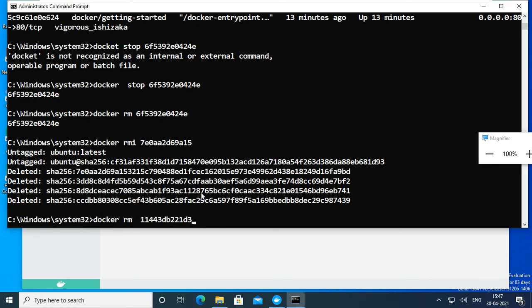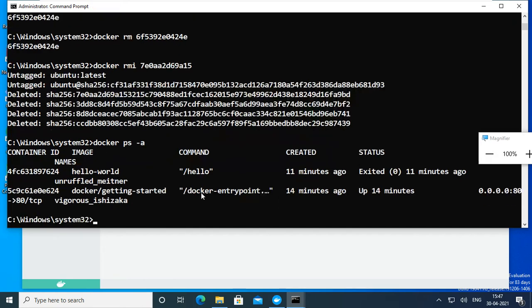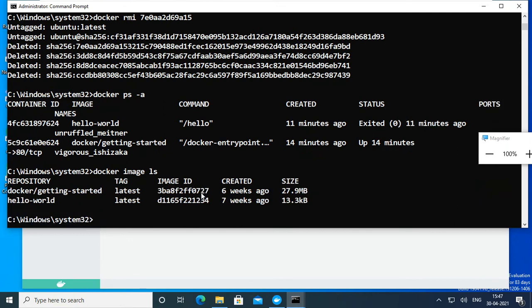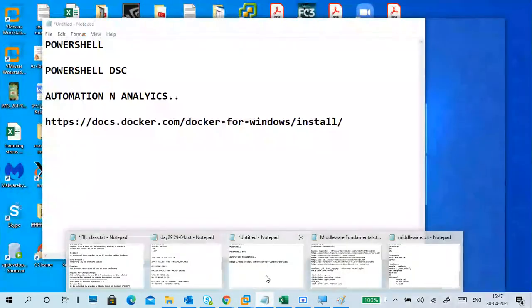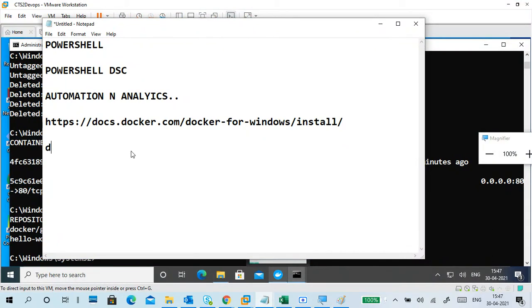You can go to docker ps space hyphen a. So you don't see the ubuntu image and containers. And docker image ls, then can you see ubuntu? So this is how to pull the image, how to create containers, how to run the containers, and how to view the containers. Okay, so this is about Docker. Of course, this is the first part of Docker anyway. I hope this time you understood or enjoyed a little bit.